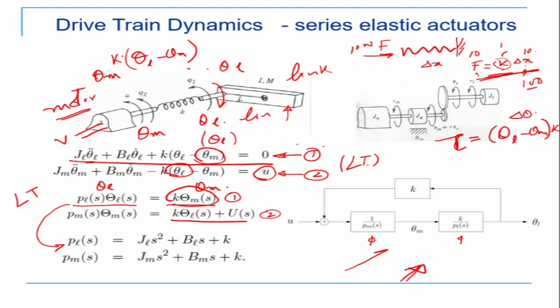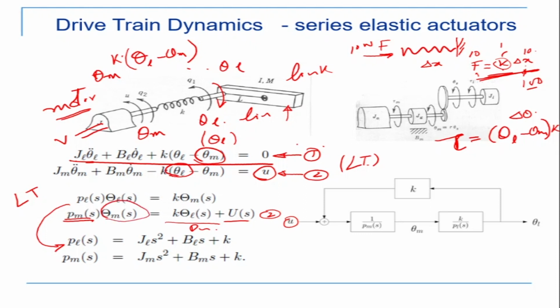Okay. And in terms of block diagram, they look like this. So when I give an input U, let's try and understand the block diagram first. When I give an input U to the motor, I'm giving voltage to the motor. What is happening? It is getting multiplied. Let me clear this a bit. So when I'm giving an input U, it is getting multiplied into 1 by PMS. Okay, so this PMS is here. And the output is going to be my theta MS. So my input is here, output is theta MS from this equation, right?